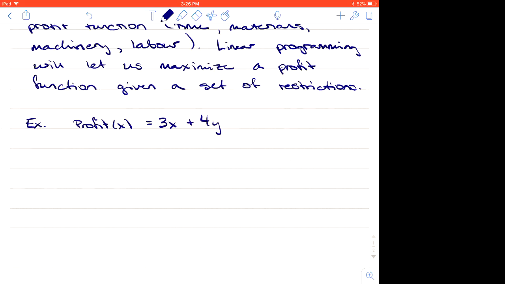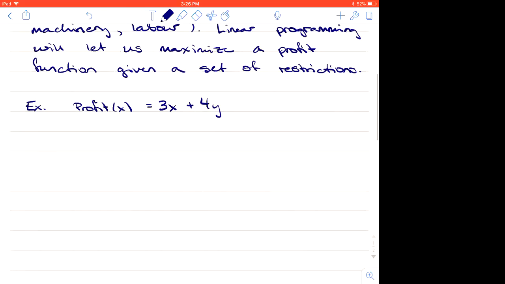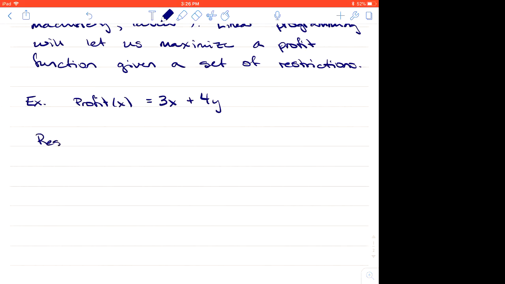Machines available, material, it doesn't matter. And then I tell you that the restrictions are that X has to be greater than or equal to 0, and Y has to be greater than or equal to 0. This is kind of a default because if we're talking about things like time or the amount of labor that we use or the number of machines, we can't have negative values for any of these things. So very often, your X and your Y, regardless of what they are, have to be bigger than 0, but we say them just to be